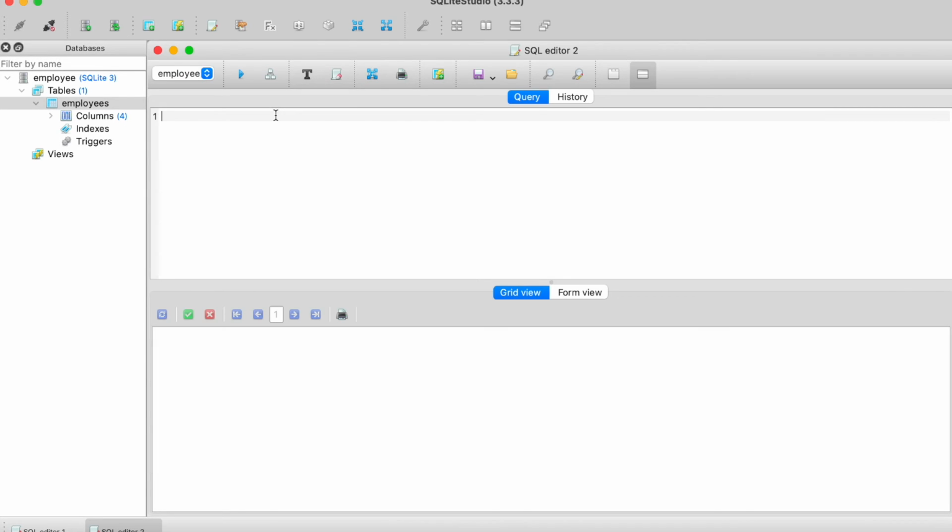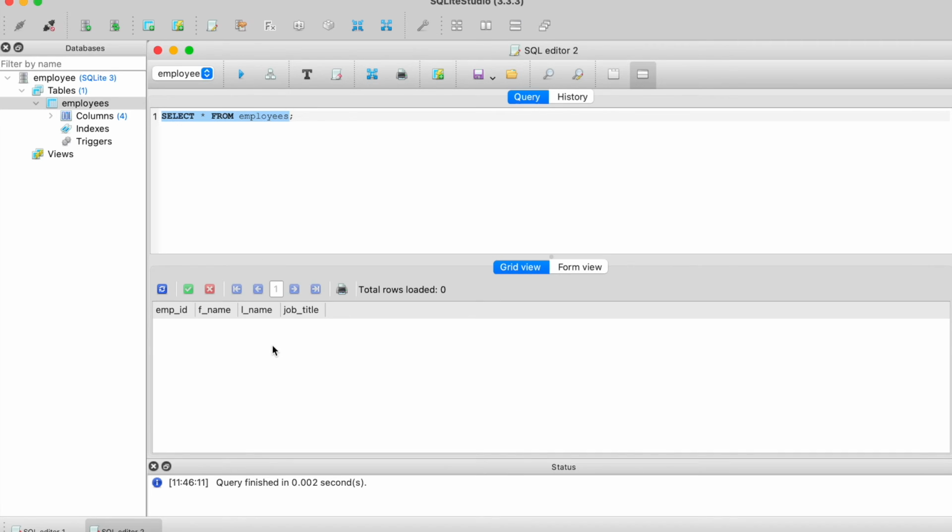I'm just going to type out select everything from employees, and then I'm going to run that. And obviously our table is empty right now, but you can see the employee ID, first name, last name, and